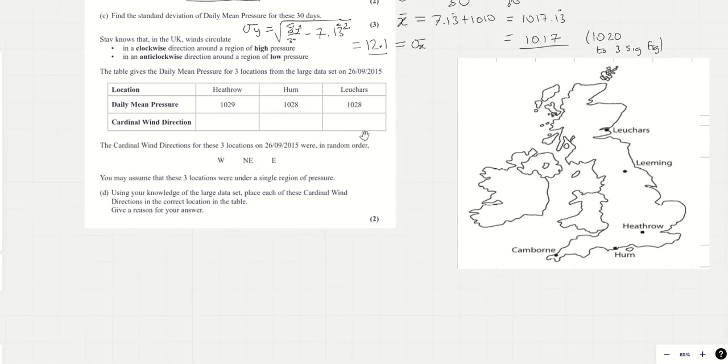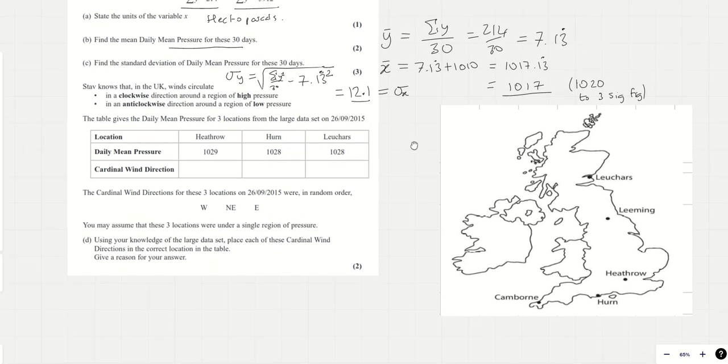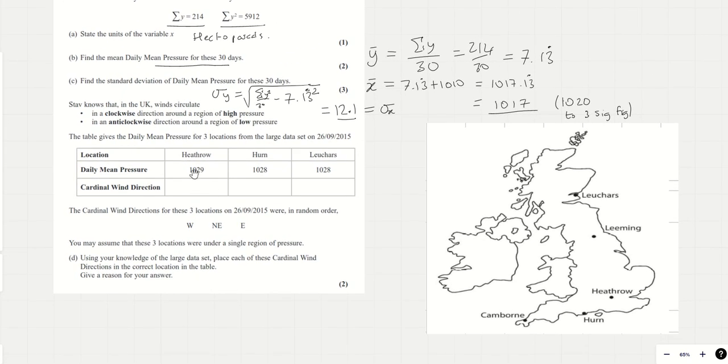Now, this last part, I've got to be honest with you, I think that's extraordinarily difficult to do without having this map right there in front of you. Now, Stav knows that in the UK, winds circulate in a clockwise direction in a region of high pressure and an anti-clockwise direction around a region of low pressure. This table gives the daily mean pressure for 3 locations in the large data set. So we've got 1029, 1028 and 1028. Now, if you look, these are all above the daily mean pressure,